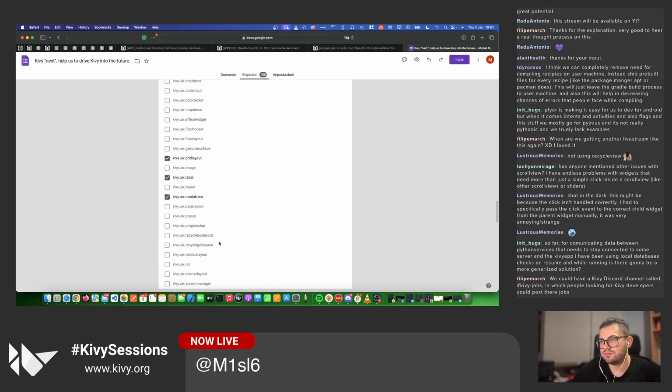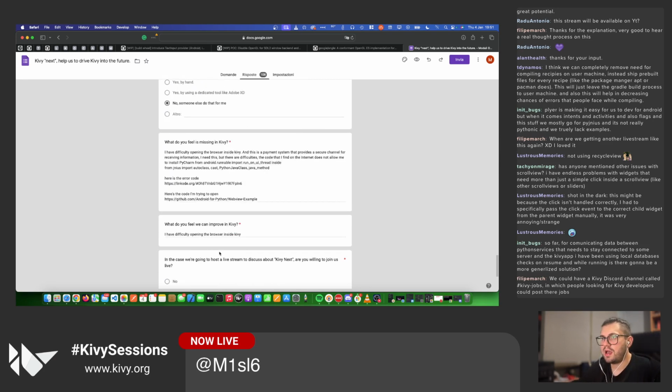Opening a browser, no. I have difficulty opening the browser inside Kivy, and it is a payment system that provides a secret channel for receiving information. I need this, but there are difficulties. The code that I find on the internet does not allow me to install PyCharm from Android or enable import run_on_ui_thread from jnius, autoclass, cast, to Java class, Java method. Their error code. So I'm not opening it right now,